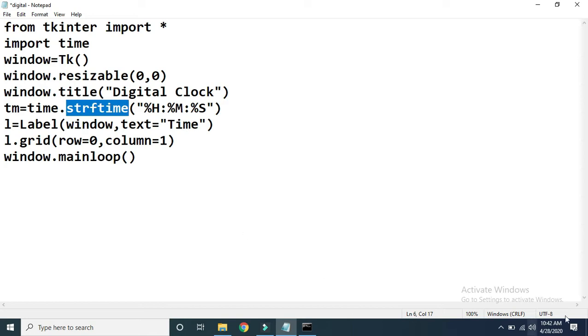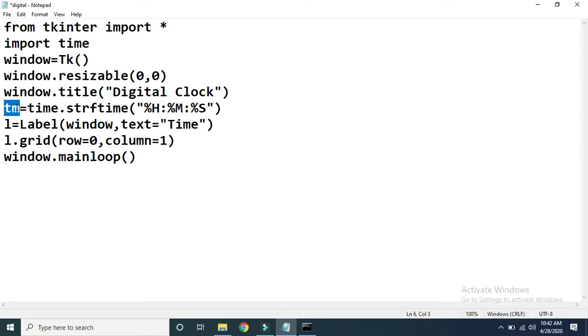Here at the rightmost corner at the bottom, the current time is 10:42 am. So the strftime function is used to fetch the current system time in this format, where H stands for hour, M stands for minute, and S stands for second. So right now if I execute this program, then 10 hours 42 minutes and whatever seconds, that value will get stored in the tm variable.